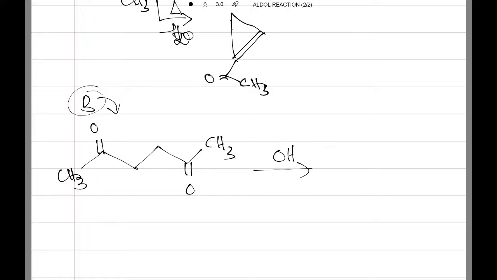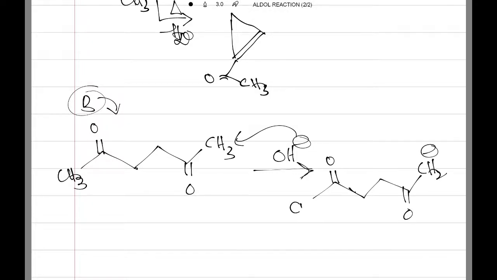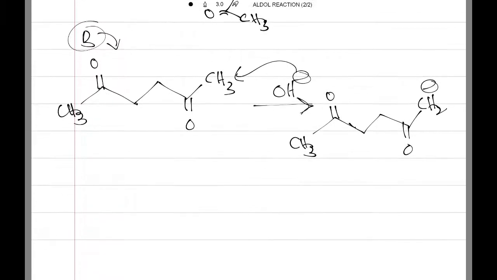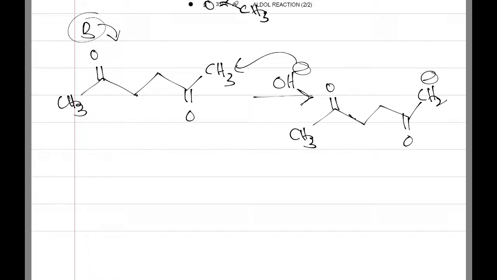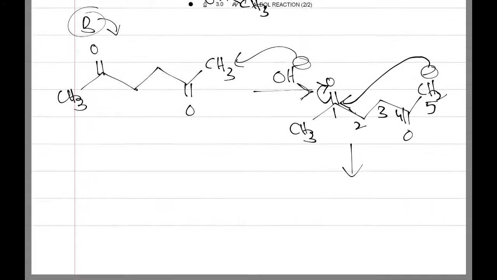So if OH minus removes the proton from the CH3, what can we get here, friends? We can get C double bond O, this is also C double bond O, and I can get CH2 minus here, and this is the CH3. Okay, right. So after CH2 minus attacks this carbon, these electrons will shift to the oxygen. What is the ring number here, friends? 1, 2, 3, 4, 5. So 5-member ring formation takes place.